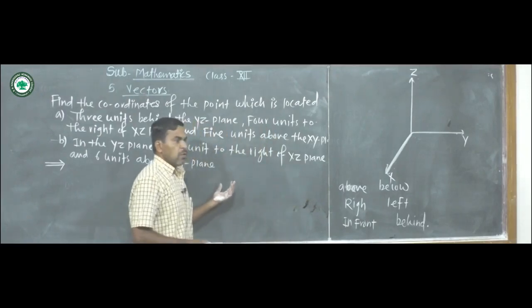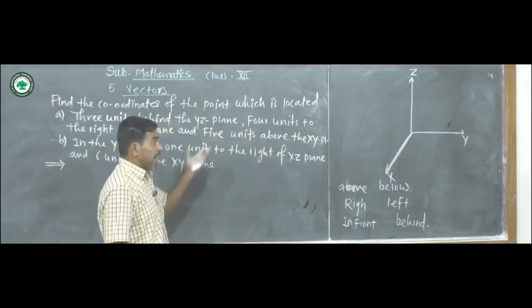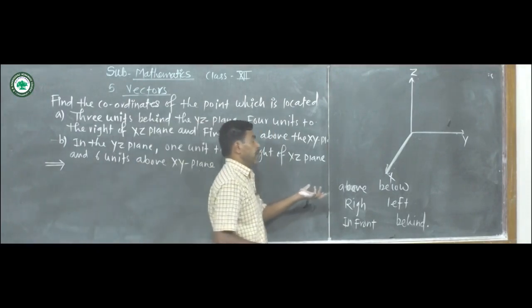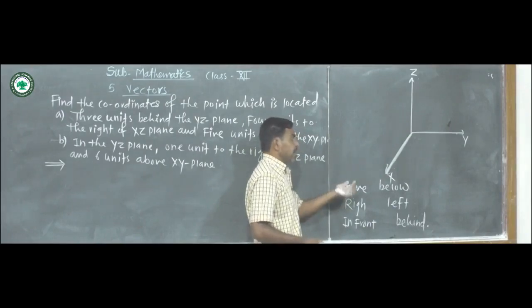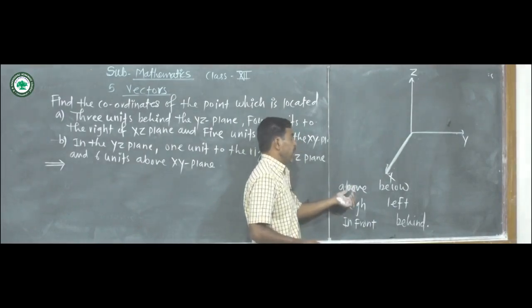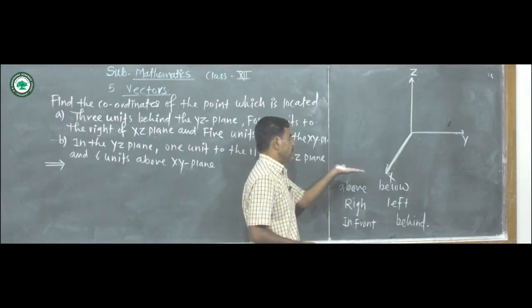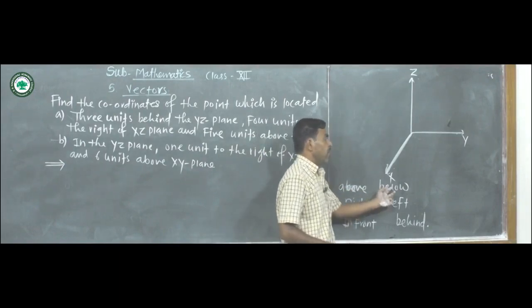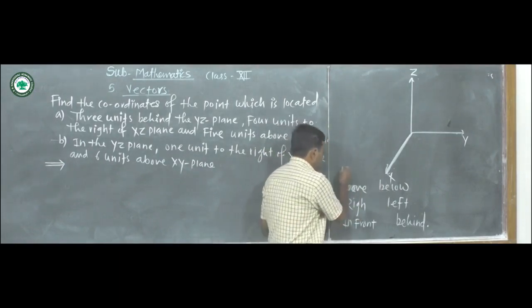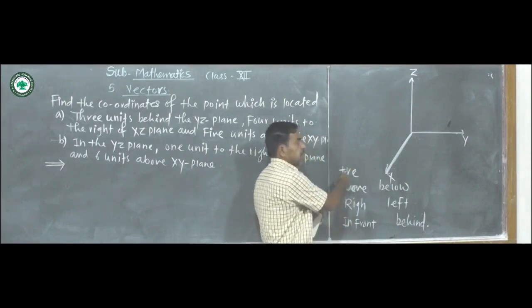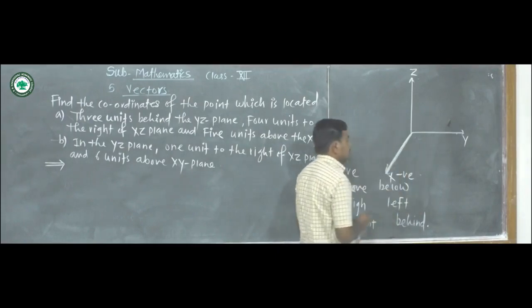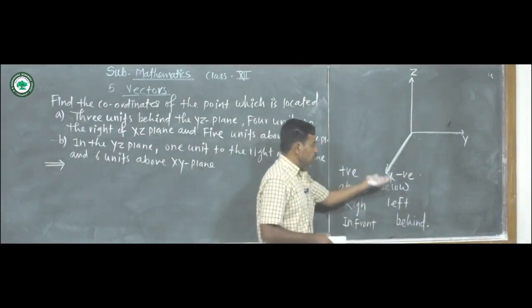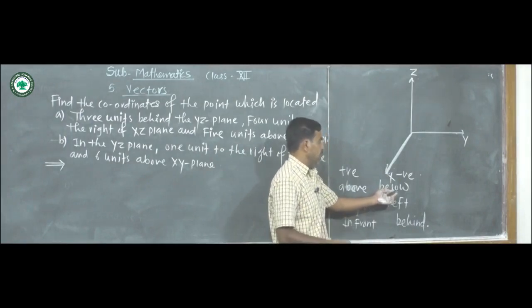In two-dimensional we think about axis, in three-dimensional we think about plane. If any point is above the plane, then its coordinate is positive. Below the plane, the sign of the coordinate is negative. Here in each case the sign for the coordinate is positive, and here in every case the signs are negative. If the point is below the plane, then its corresponding coordinate is negative.